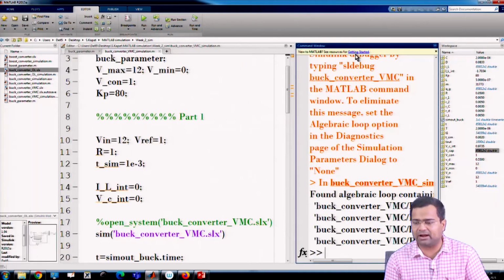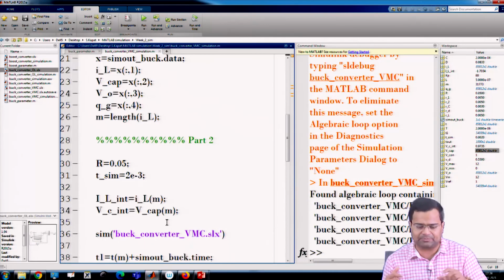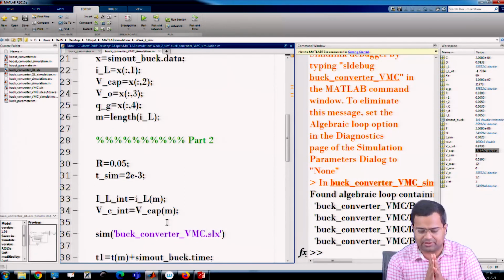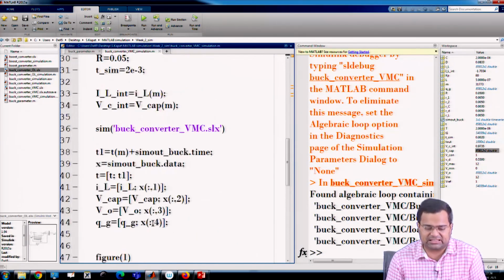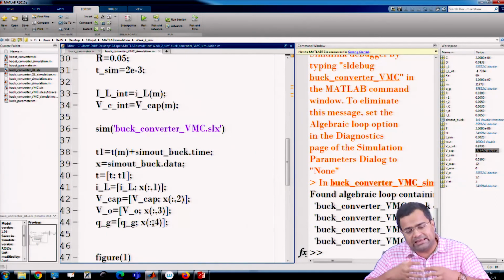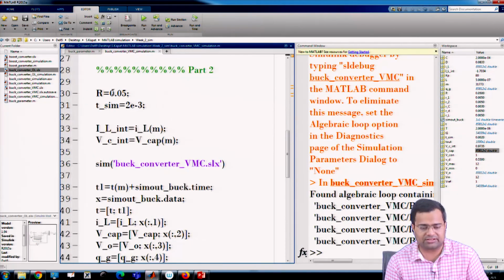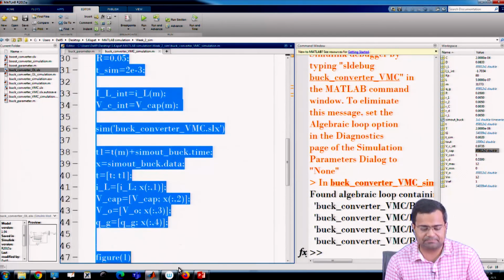Okay, but at least we have learned how to run this simulation, and we can do the same exercise for the boost converter also. But in today's class, I want to limit it. We can create such multiple transient case studies, and we can keep on adding. For example, I want to again go for a third, step down transient.